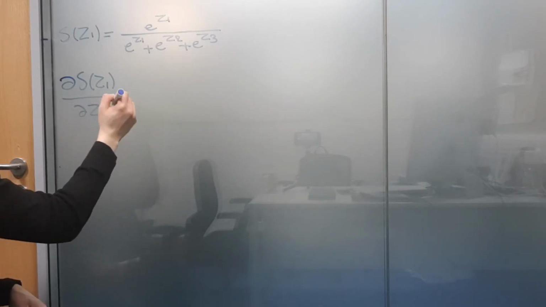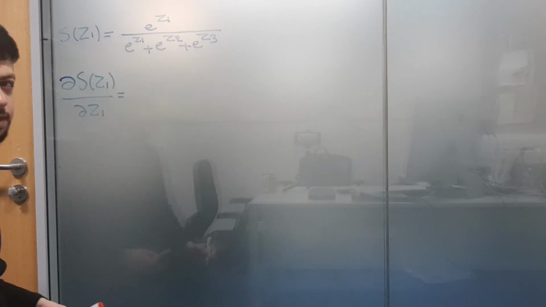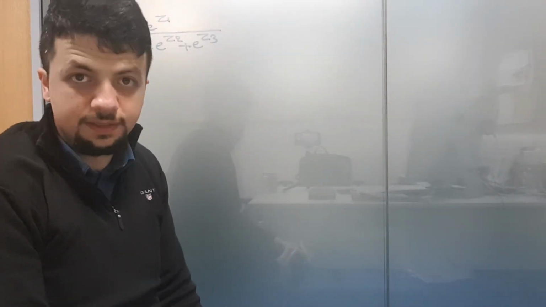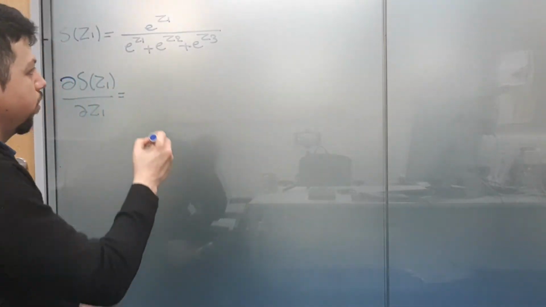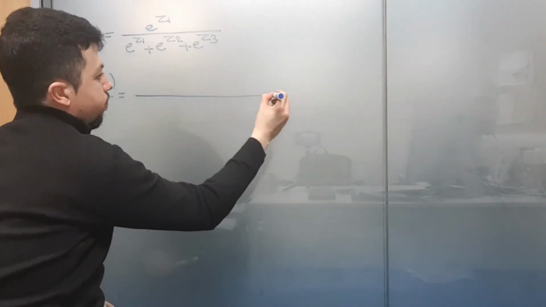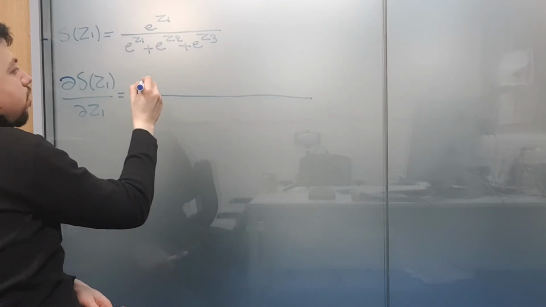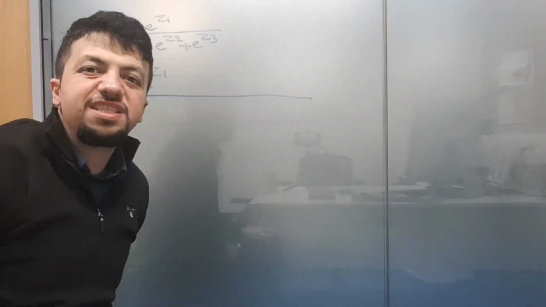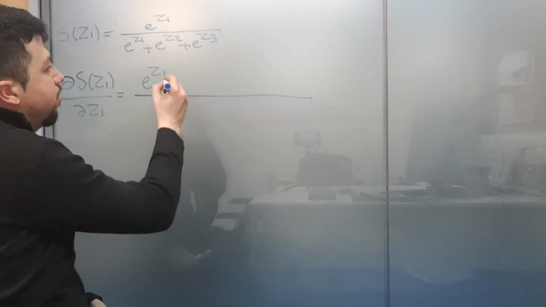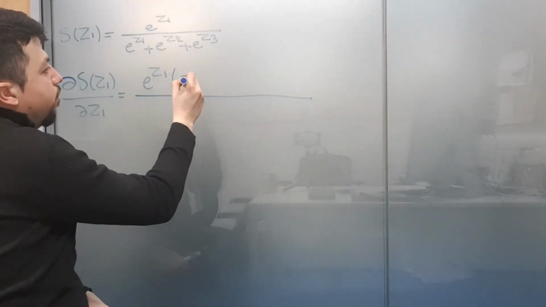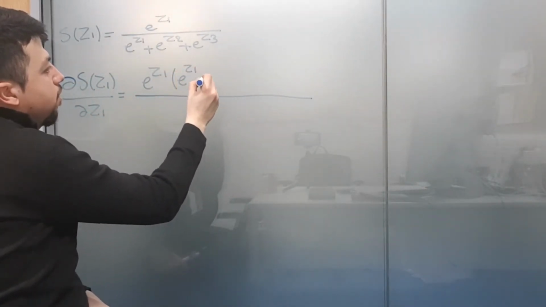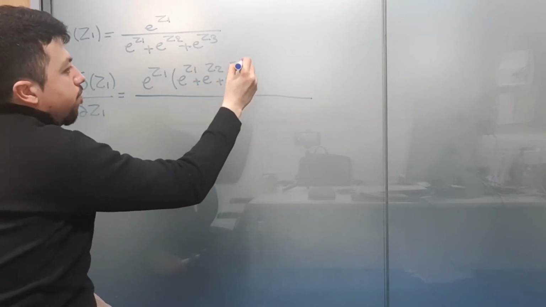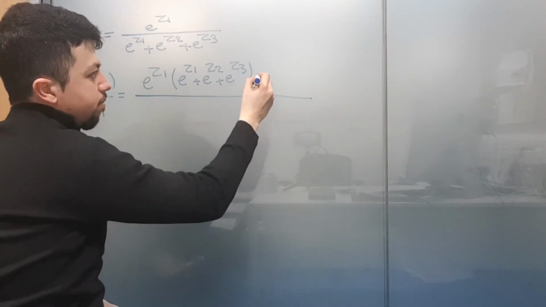What is the partial derivative of the numerator? It is e to the power z1, isn't it? With respect to z1 would be itself. That's the exponential rule that we just talked about, right? So that would be e to the power z1. I'm going to multiply that by the entire denominator, yeah? The entire denominator would be e to the power z1 plus e to the power z2 plus e to the power z3, minus